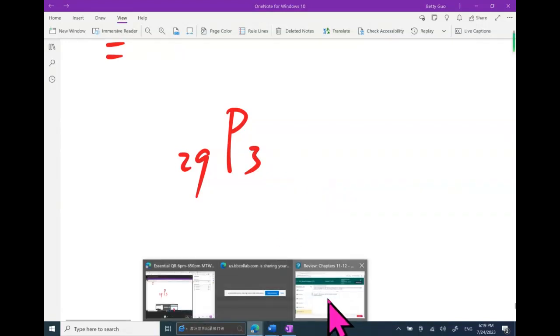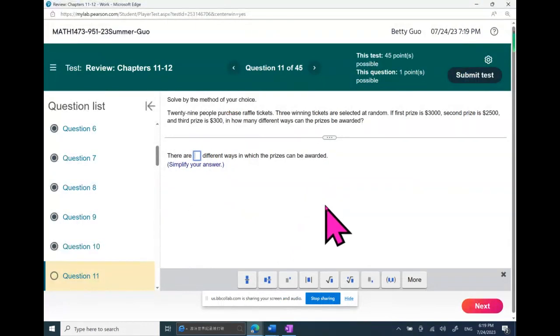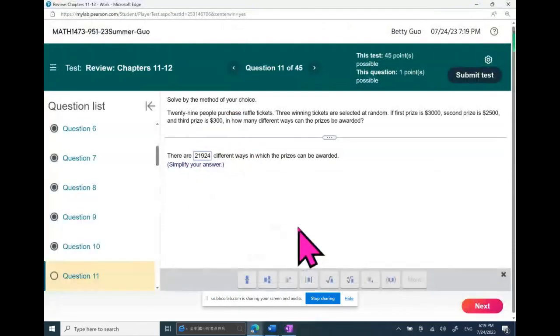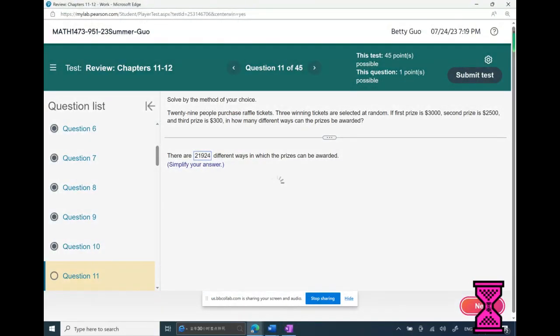And the answer is 21,924. We have that many different ways in which the prizes can be awarded. All right, yeah, it's P(29,3). Next,